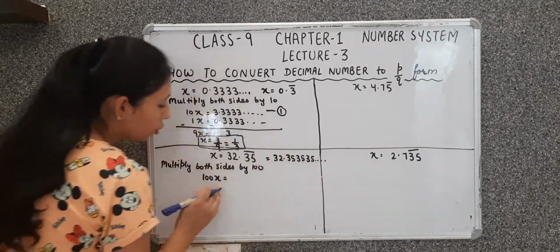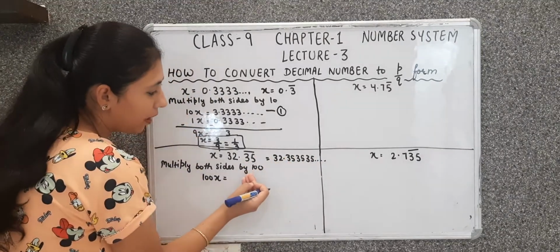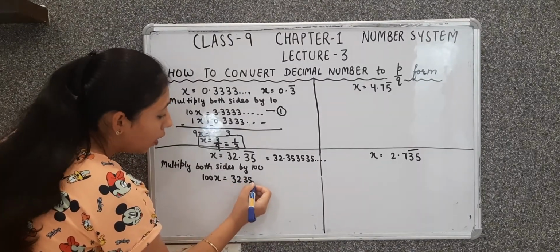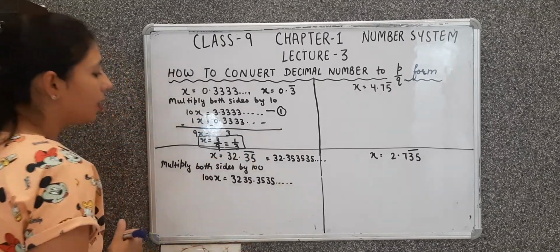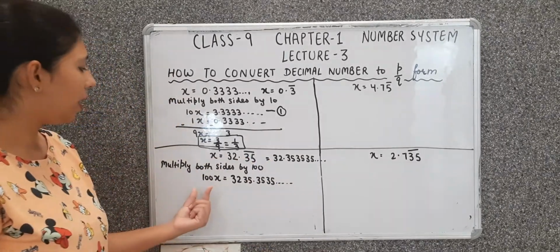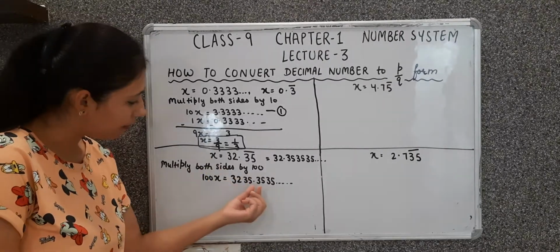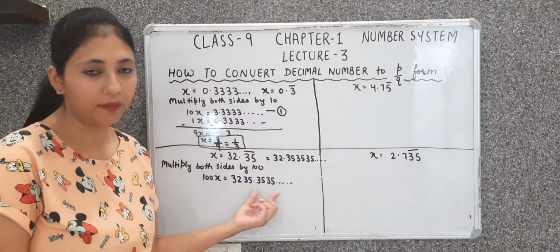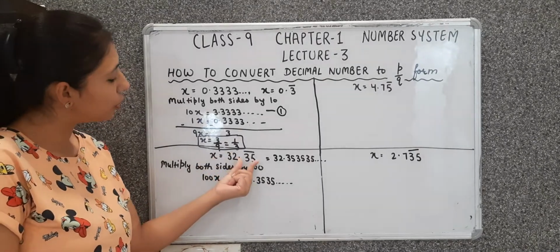So when I multiplied both sides by 100, one block of 35 shifts to the left side, and it becomes 3235.3535 and so on. Now, I got a number in which after the decimal I have 35,